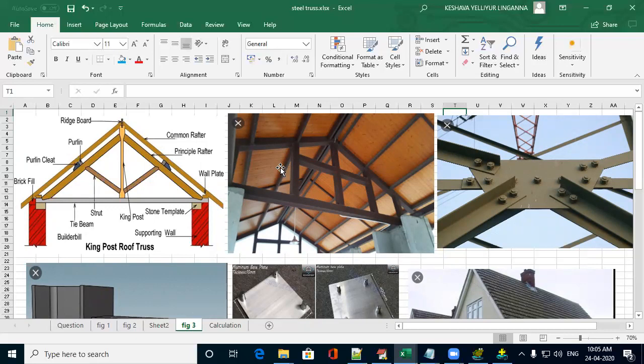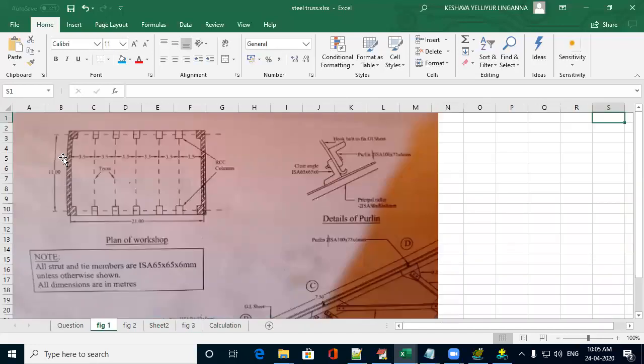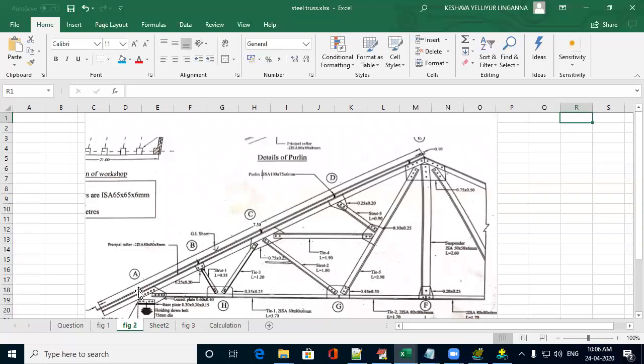But if you view it, the purlins will run throughout, from end to end, from one gable end to another gable end. The purlins will run like this, from this end to this end, for a length of about 21 meters. See, how many purlins are there in one set? Let us count. 1, 2, 3, 4, 5 in half of the truss, and in a similar fashion on the other side there will also be five. So totally 10 purlins will be there in one truss.